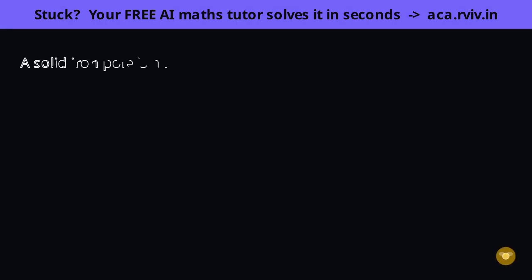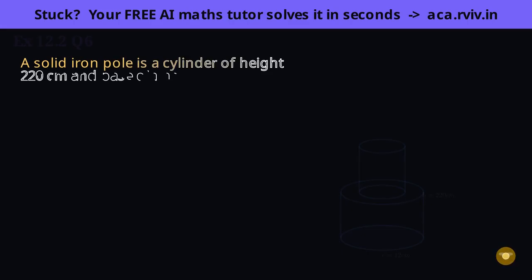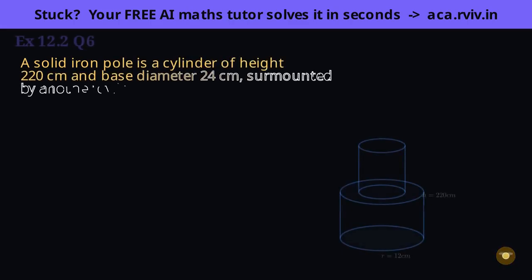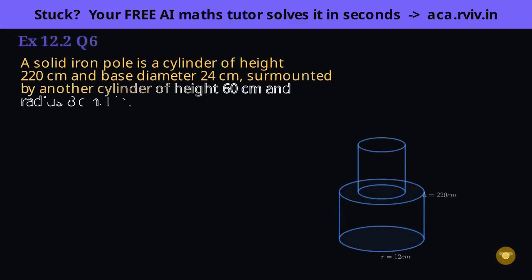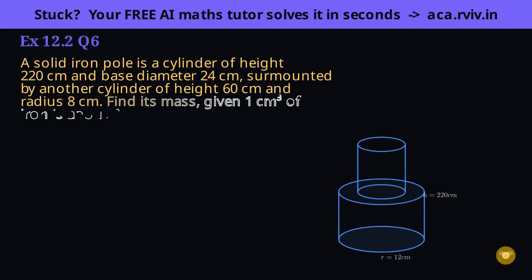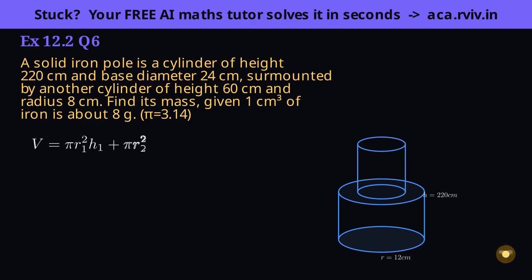Two cylinders of iron stacked, a fat one below and a thinner one above. Mass is a two-step job. Get the volume, then weigh it using the density. Mass problems have a clean shape. First find the total volume of the solid, then multiply by density, the grams packed into each cubic centimeter. So step 1 is the volume, which is the two cylinders simply added, each pi r squared h.